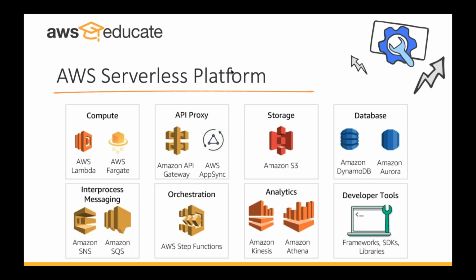If you want to expose your APIs, could be from your own application to third-party applications, you can expose your API through API Gateway, or leveraging your AppSync allows you to quickly build APIs and pull data from multiple sources. We have Step Functions, we have S3 for storage, we have data analytics using Kinesis, Amazon Athena, and we have